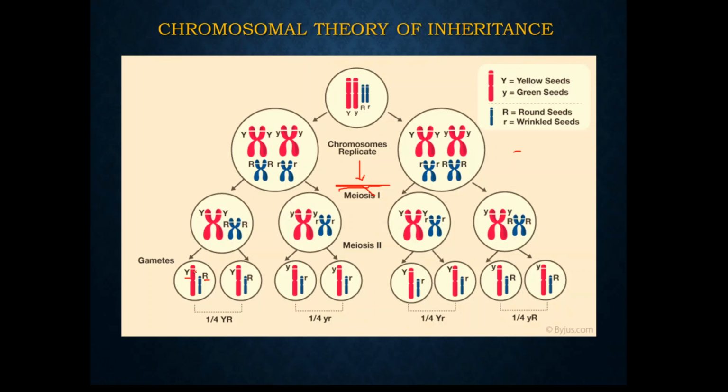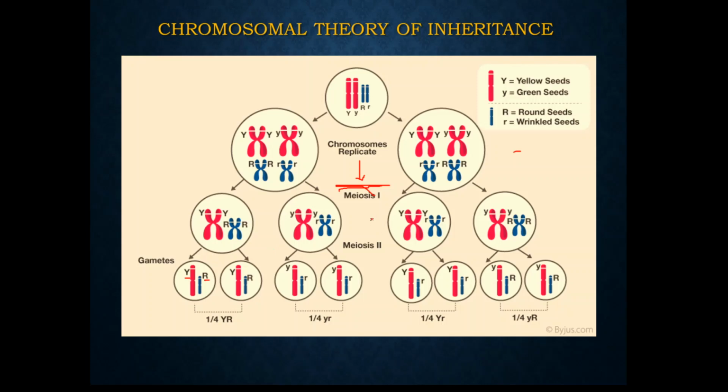So they want to say that these chromosomes are the ones which are carrying the genes on them. They say that these are the chromosomes which are behaving like the genes. So the genes and chromosomes behave similarly. Therefore, these genes are carried on the chromosomes. So chromosomes are the vehicles which are carrying the genes. That is what they want to say.